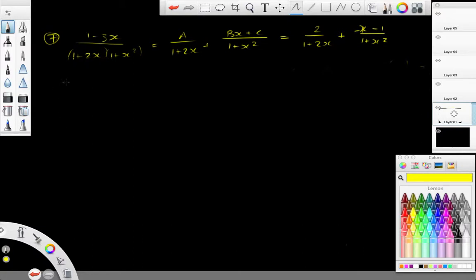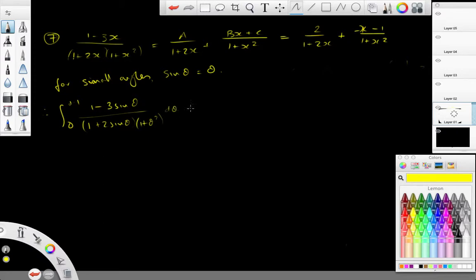Now, for small angles, so the next question says, using small angle approximation. So for small angles, sine theta is equal to theta. So we can take that approximation. So therefore, the integral from 0 to 0.1 of 1 minus 3 sine theta all over 1 plus 2 sine theta times 1 plus theta squared